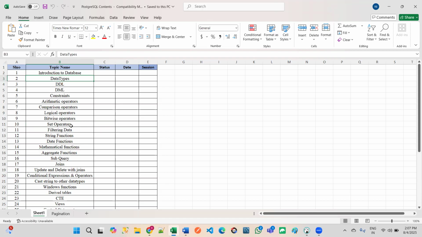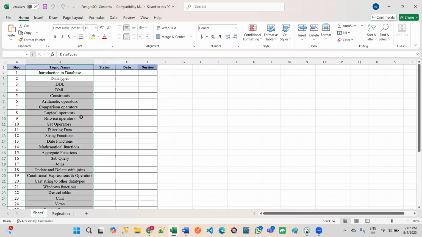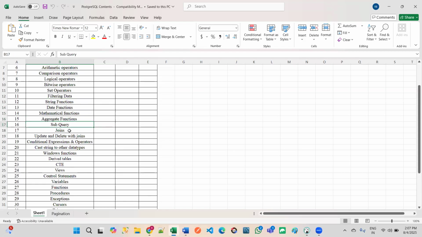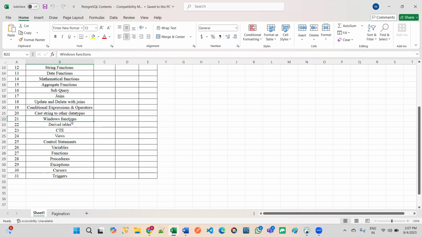So all these concepts are very common to any database related technologies like MySQL, MS SQL, PostgreSQL, Oracle, you can consider Teradata also. So constraints, different types of operators, and different types of functions in terms of string functions, date functions, mathematical functions, aggregate functions, and subqueries, joins, and conversions, Windows functions, what are the derived tables, common